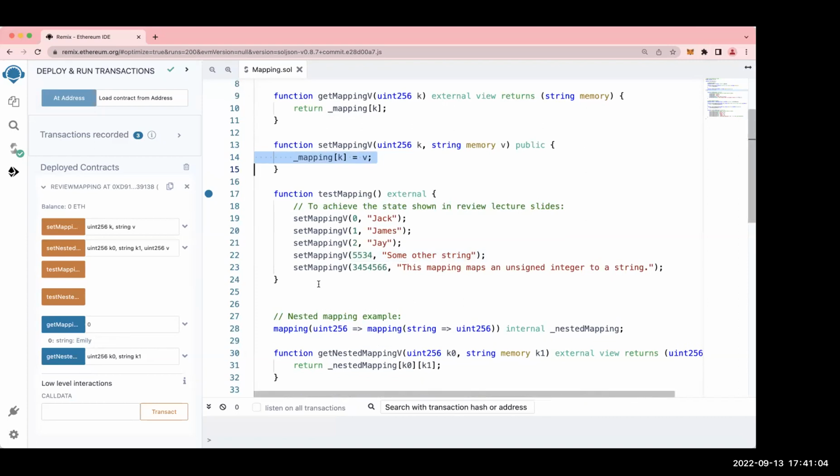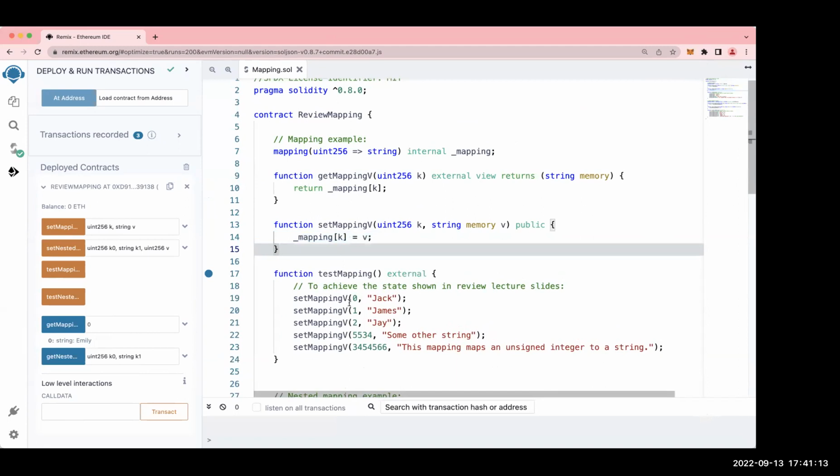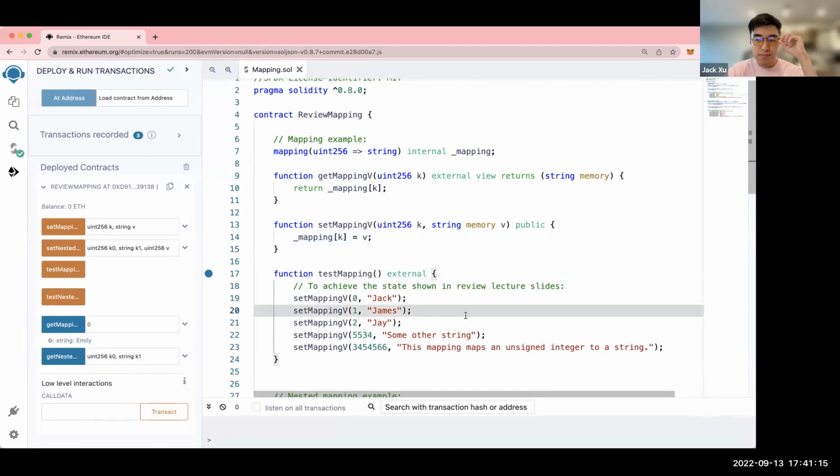If you didn't have the overriding, the mapping with the K equal to V, and you just had the test mapping external underneath it, could you not customize it like you did before?